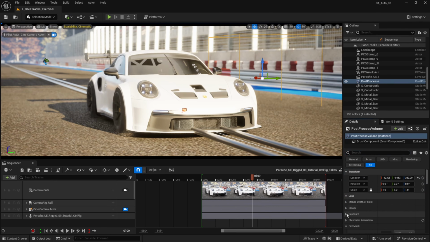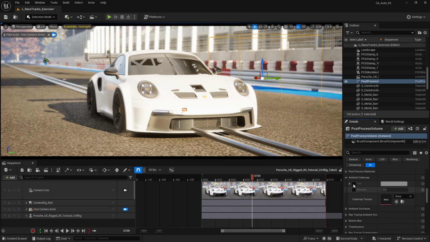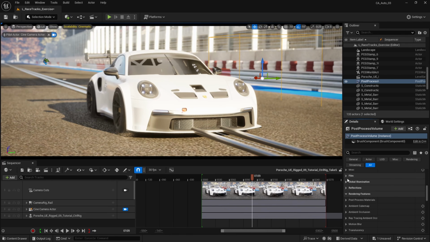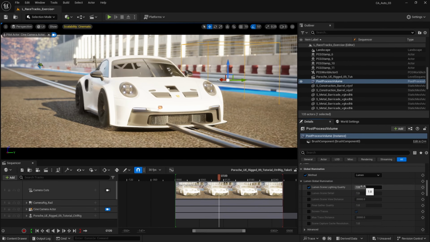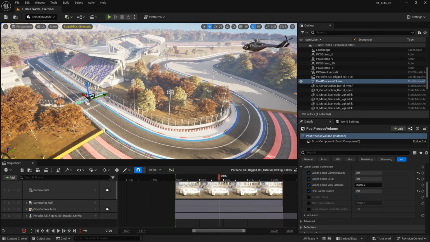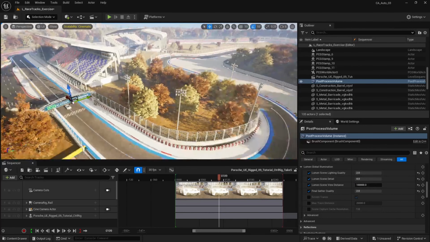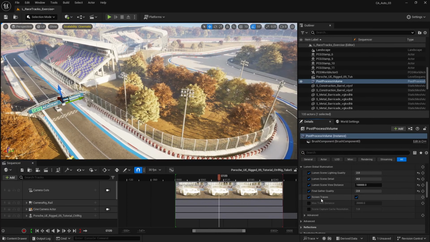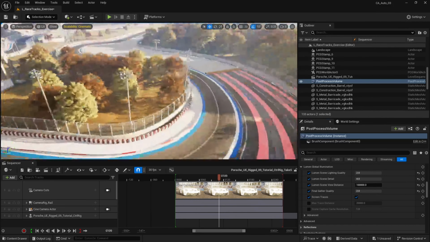What's most important is the rendering feature. Since we are dealing with Lumen, we need to maximize its quality. So make sure you enable these global illumination settings. Keep it high. The same goes for the quality here. You might start seeing some difference now, not as much, but then it will become better. I usually set this to maximum. And the same goes for screen traces, because this is what gives the reflections as well,